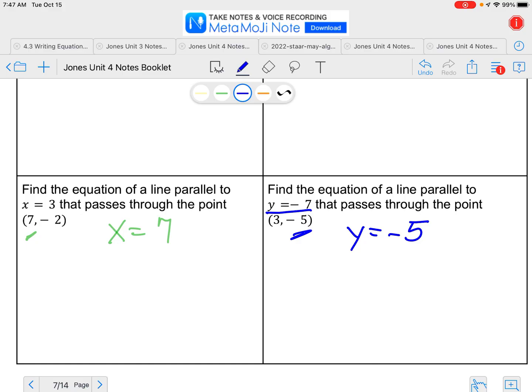The only new thing we learned was that parallel lines have the same slope, and we can use that information to write